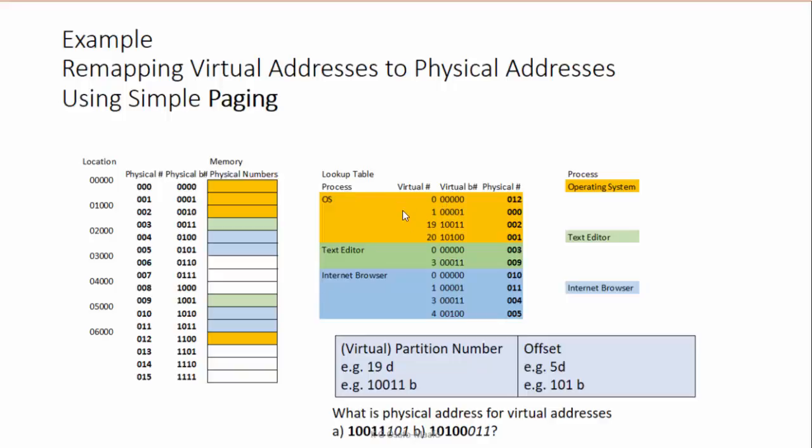But I'll point out that, for example, this process OS has 0, 1, 19, 20. Those are virtual memory pages. But that means that actually there are many pages that are currently not within main memory. So this is like my fake representation of main memory. And this says this process OS wants to use 20 pages, or 20 frames in this case, in physical memory,